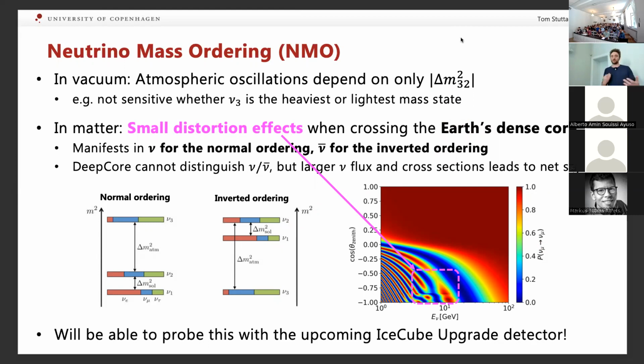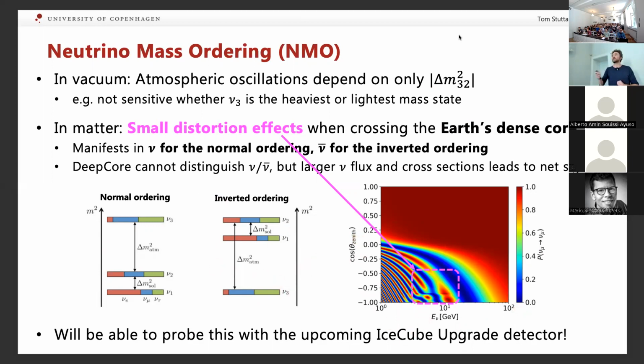In particular, neutrinos of around the 10 or maybe 8 GeV scale that pass through the Earth's core pass through a very dense region of matter. What happens is these oscillation bands aren't just simply bands in this case. There are distortion effects that are a result of the matter effects. And the reason this is interesting is because these effects only happen for neutrinos, but not antineutrinos, if it's normal ordering, and it's the inverted case if it's inverted ordering. So if it's inverted ordering, this effect only happens for antineutrinos. And so if you're able to measure this effect, you can potentially try and understand which of these two cases